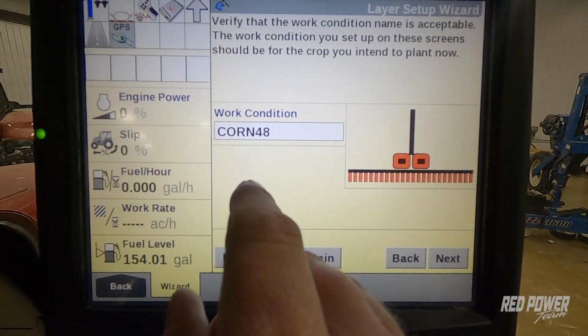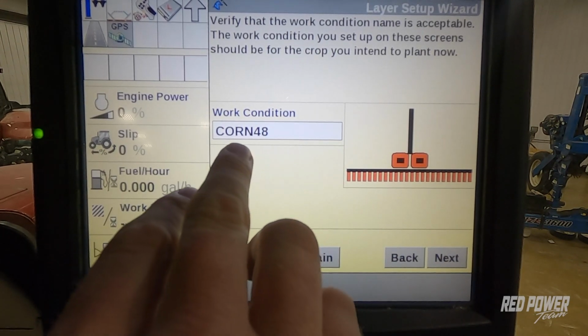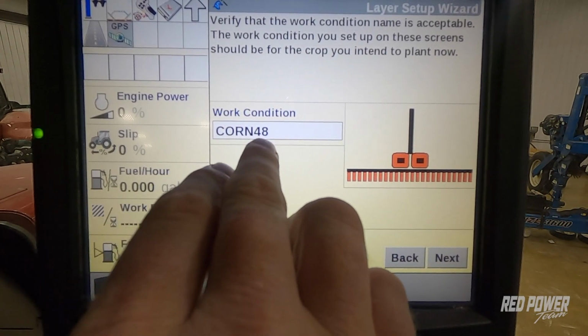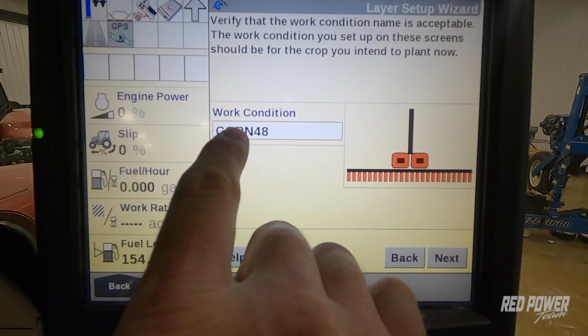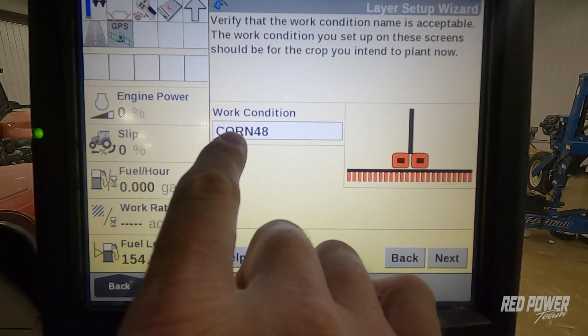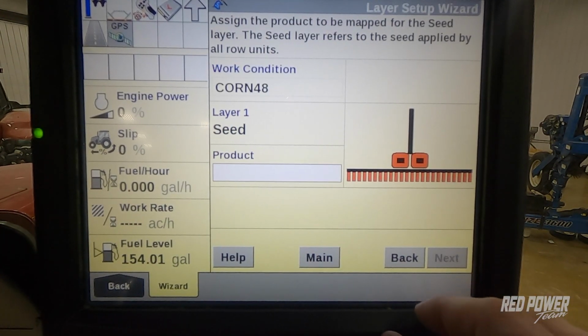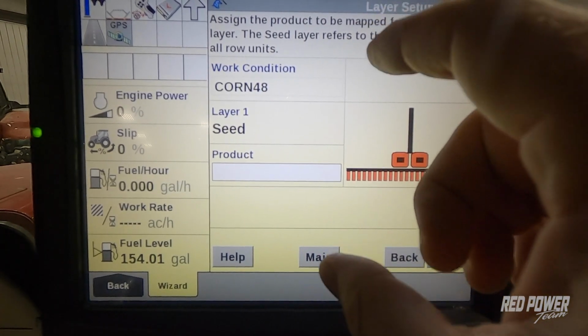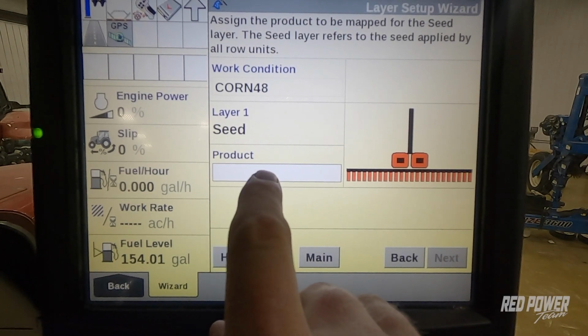And for this example, I would be planting with a 48 cell disc. So I'm going to put 48 behind that. Okay, and why that's important, as we're jumping between crop types, between soybeans and corn, I know clearly that I am planting with a 48 cell disc. It's going to remind me to put that disc in, and I'm going to select this work condition, corn 48. So as I hit next,